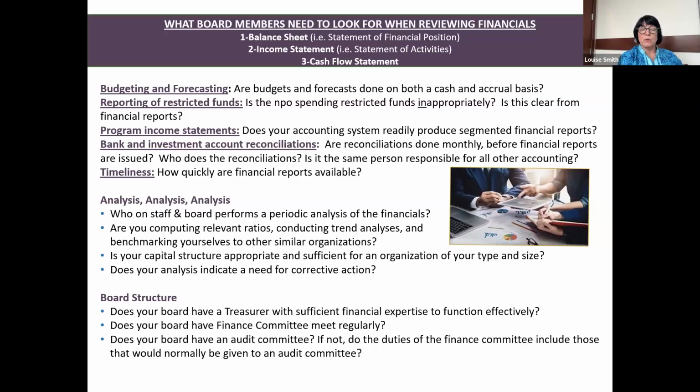Program income statements, certainly the executive director should be seeing the statement of activities by program, admin, and fundraising functions. The board may want to see that on some regular basis as well. It really does let you know how much it costs for each of your programs, and shared costs would be allocated across those functions, so you get a fuller, truer picture, and then you know what revenues you have that are specific by program and what revenues come in unrestricted to the organization that will also support all that work.